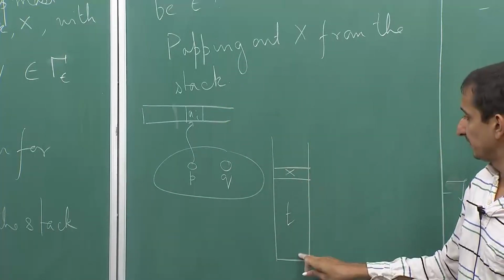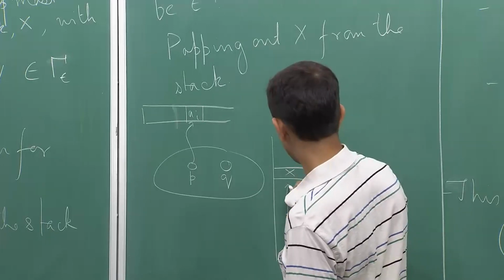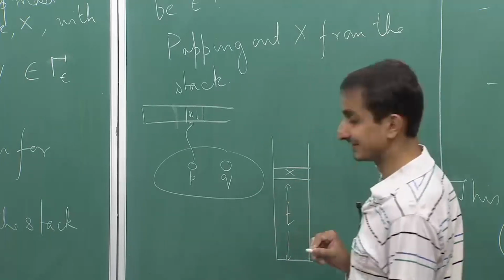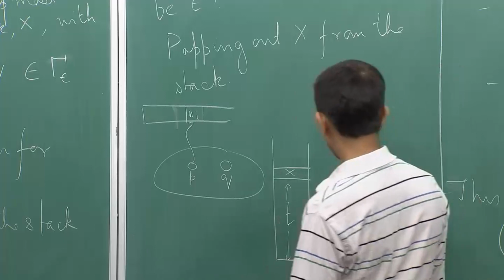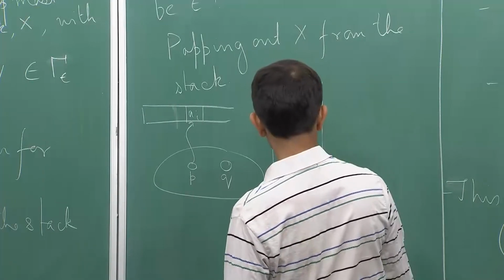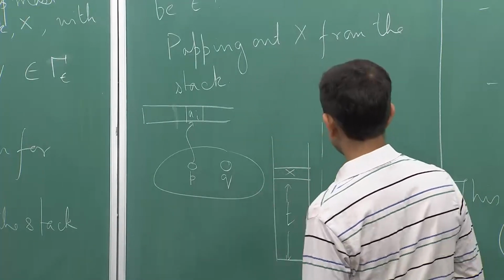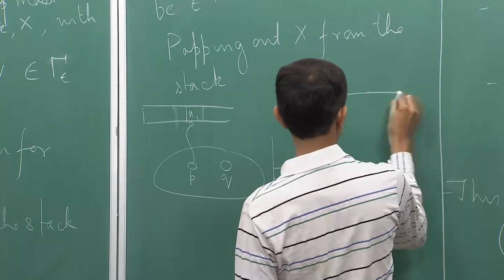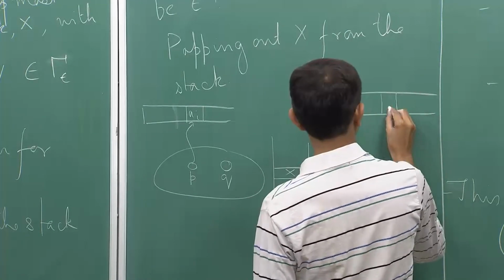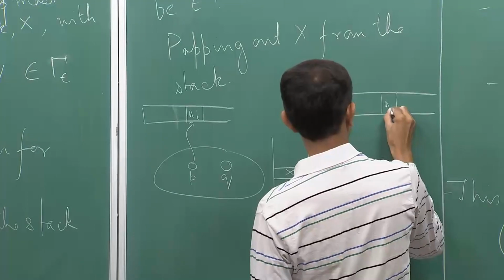Okay, so, t is the entire string that lies below. So, what happens in the next step is, from ai